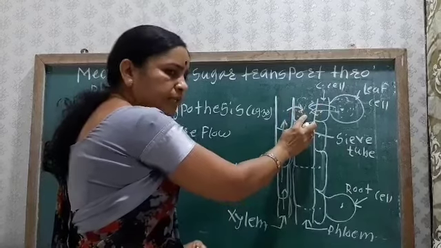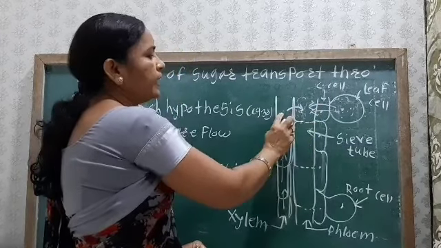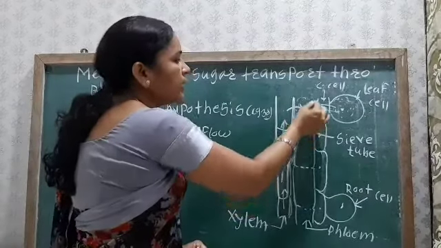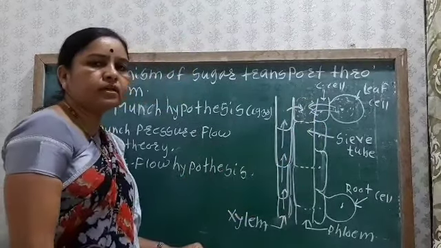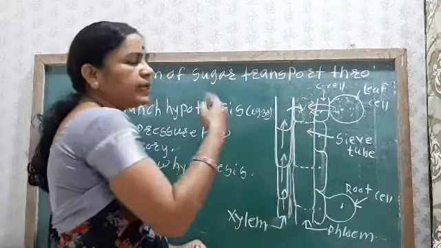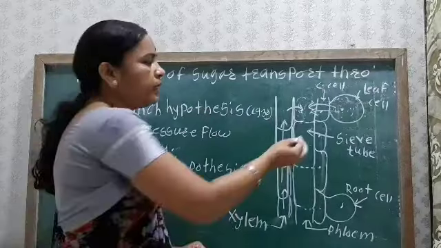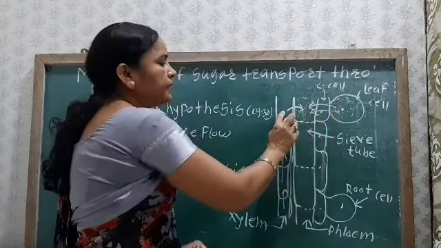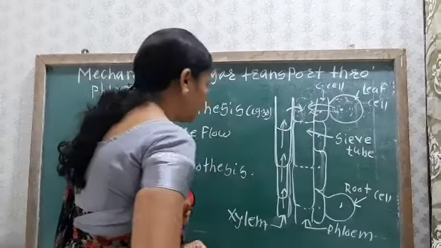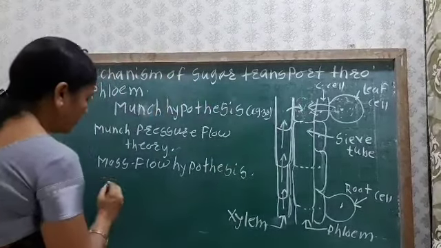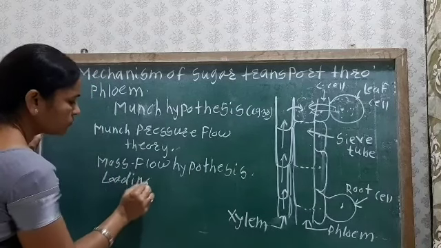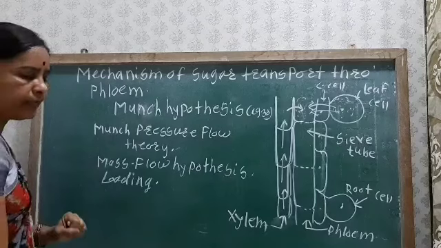म्हणजे शुगर पण याच्यामध्ये येईल. ओके, डम्पिंग होईल आणि त्याचबरोबर इथं काय येईल, अजून वॉटर सुद्धा येईल. त्यामुळं या सिव ट्यूबचं काय होईल, तर टर्गर प्रेशर इन्क्रीज होईल. म्हणजेच इथं काय होईल, या वेन मध्ये लोडिंग होईल. लोडिंग होईल म्हणजे या वेन मध्ये फूड मटेरियल त्याचबरोबर वॉटर हे लोड होते. लक्षात. सो इट इज नोन ॲज द लोडिंग. ओके, सो इट इज द लोडिंग ऑफ वेन. Loading of vein takes place.